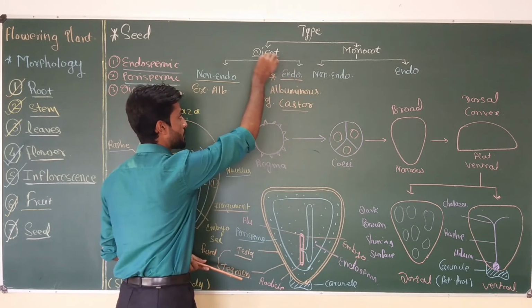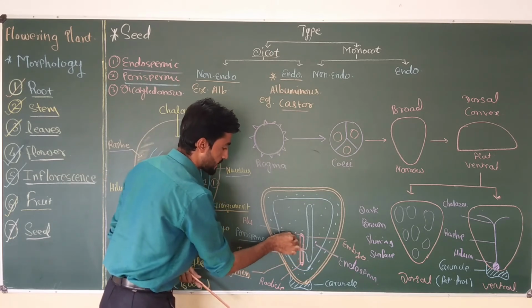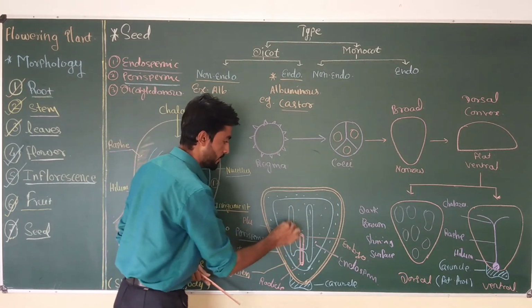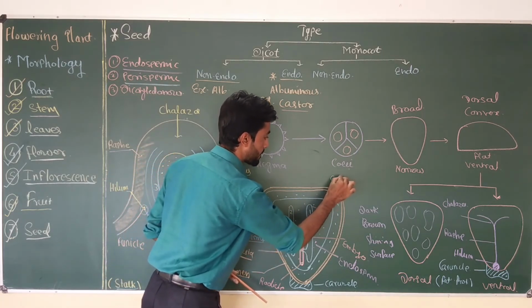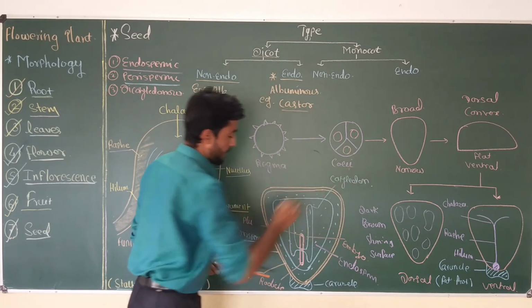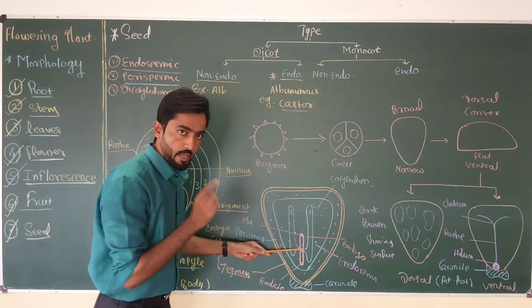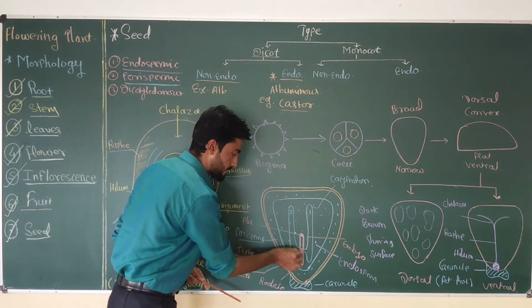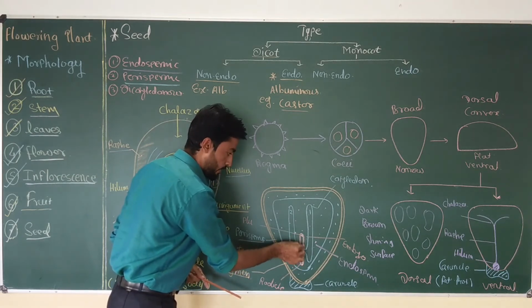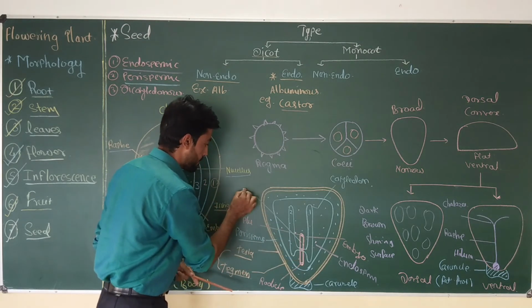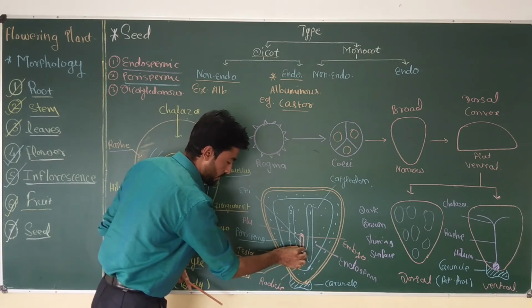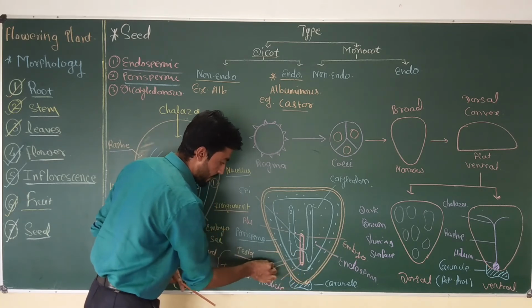So this is the dicot seed. Castor is an endospermic dicot seed, so two cotyledons are present. Okay, so this is cotyledon number 1 and 2. And both these cotyledons are attached to the embryonal node on the embryonal axis. The portion of the embryonal axis in between the plumule and embryonal node is called epicotyl. This is epicotyl. Epi means above. And the portion which is present in between the embryonal node and radicle is called hypocotyl.